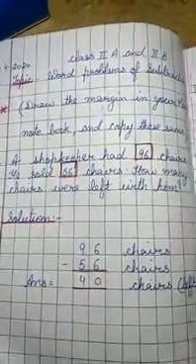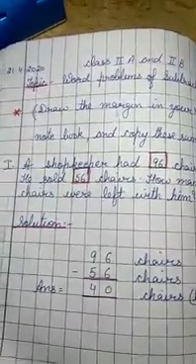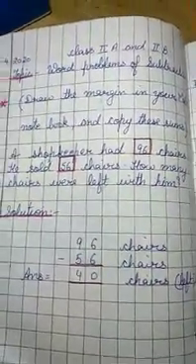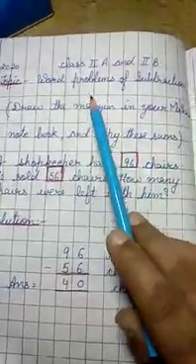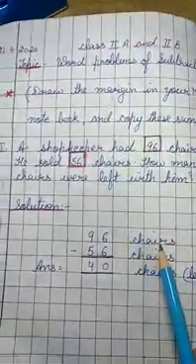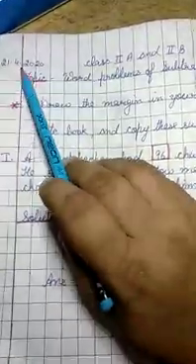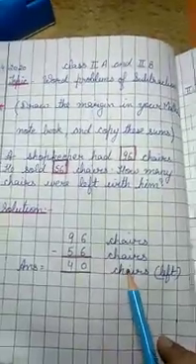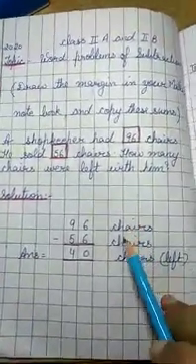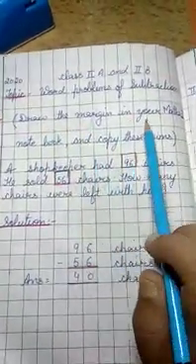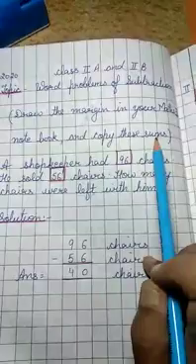Now, yesterday I explained to you the borrowing sums given on page number 75 and 76 of your maths reader book. Today I'll be teaching you word problems of subtraction. This work was already sent to you on 21st of April. Hope you must have copied this in your maths CW notebook. Those who have not copied it, copy it today. Okay? What you have to do is draw the margin in your maths notebook and copy these sums.